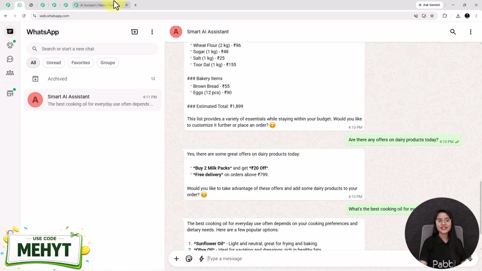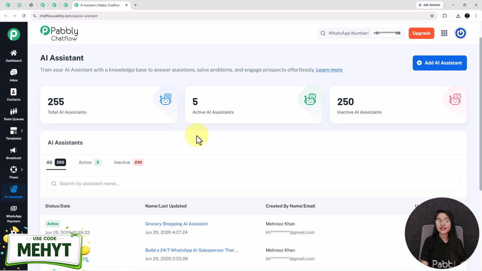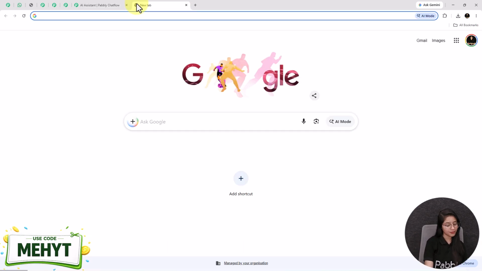So now let's see this feature in action and understand how the assistant is going to be created by using Pabbly Chatflow. So right now I am inside the AI assistant feature of Pabbly Chatflow. If you are an existing user of Pabbly, that is perfect. But if you are not, then go to